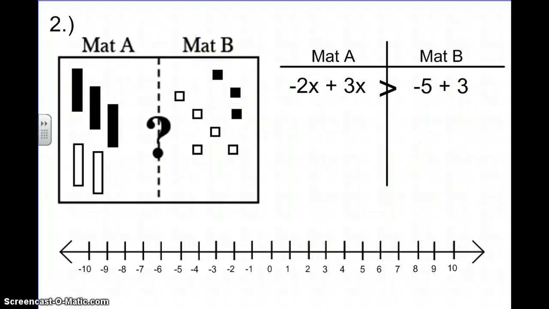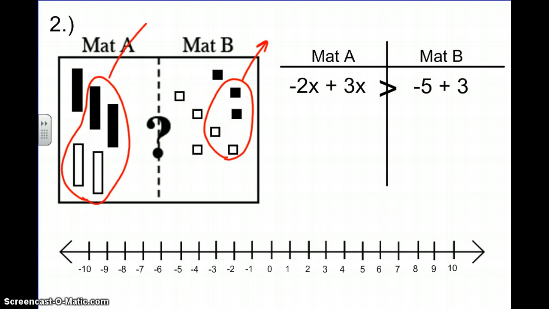Problem number 2. We have negative 2x plus 3x on mat A is greater than negative 5 plus 3 on mat B. First legal move that we can make could be creating some zeros. We have some zeros on both sides: 2 positives and 2 negatives on mat B, 2 positive x's and 2 negative x's on mat A. So that leaves us with x on mat A greater than,